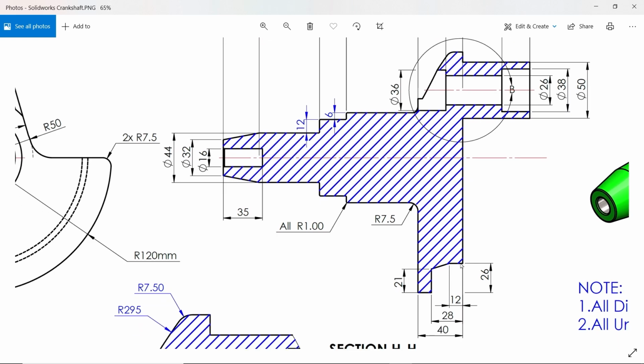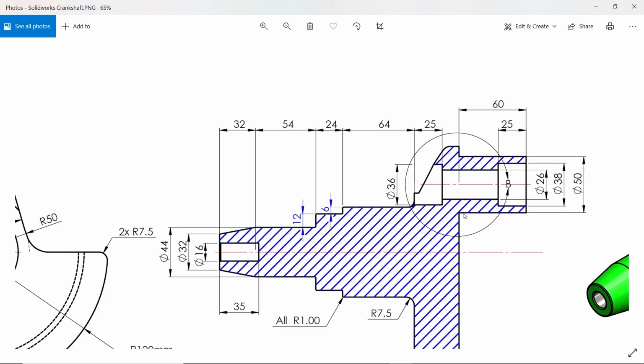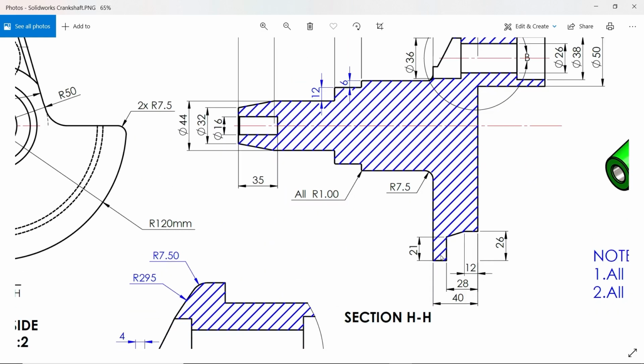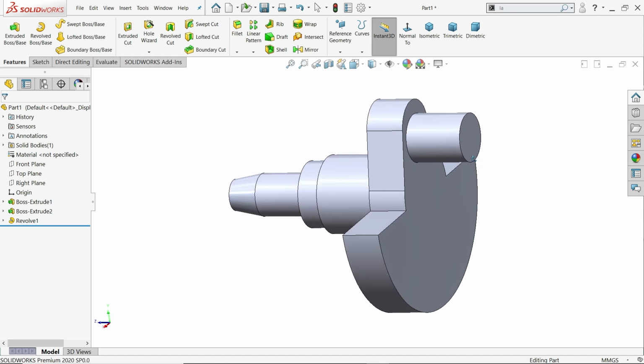Now let's make this cutout. Okay, let's do this cutout, then we will make this other cutout. Now this length 25, the bore diameter 38. Okay, then inside there is one more bore, that is 26. Now from this side 25, bore 36. Okay, let's create this, then we will make this cutout 26, 21, 12 and 28. We will cut with the help of revolve cut. First let's make a,